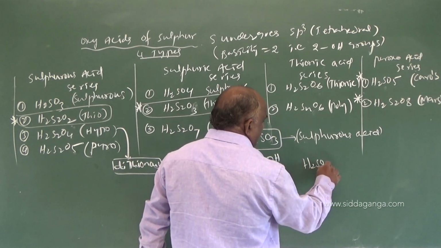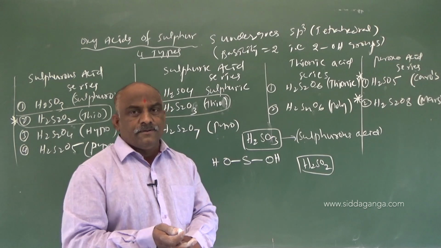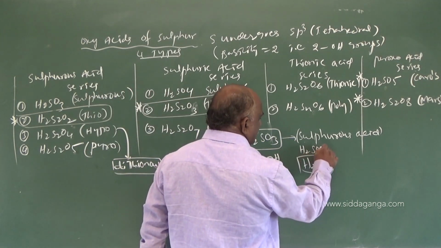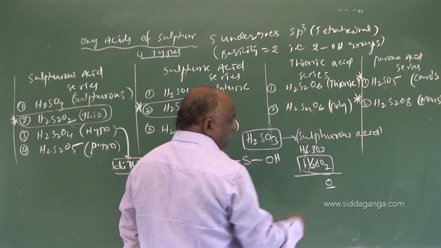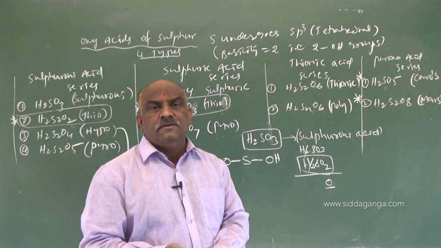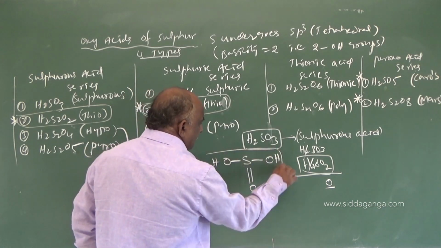H2SO2 was over. The actual formula is H2SO3. Subtract this: H2 H2, S S, O3 O2. What remains? Still we require one oxygen. Connect that oxygen with a double bond like this. So this is